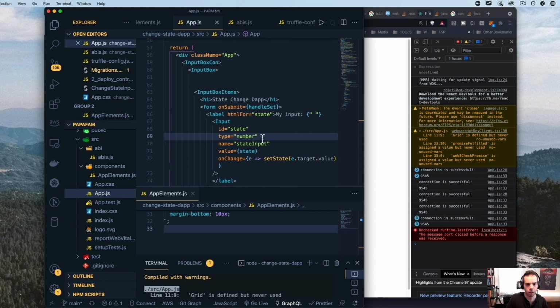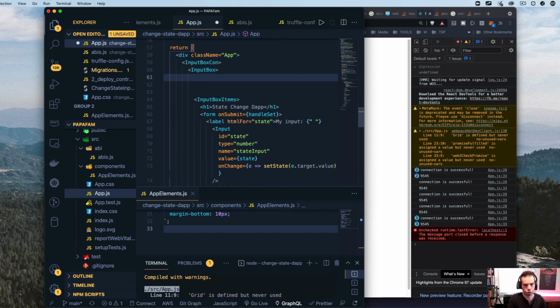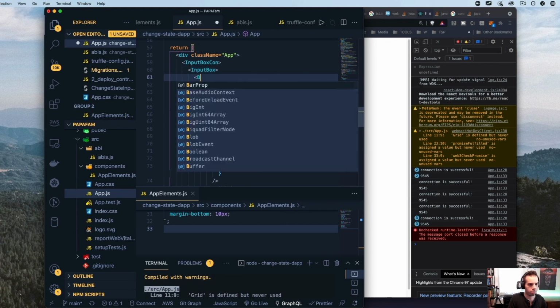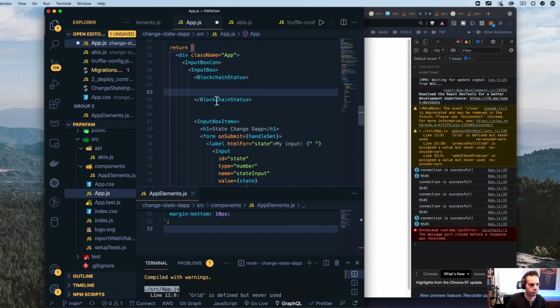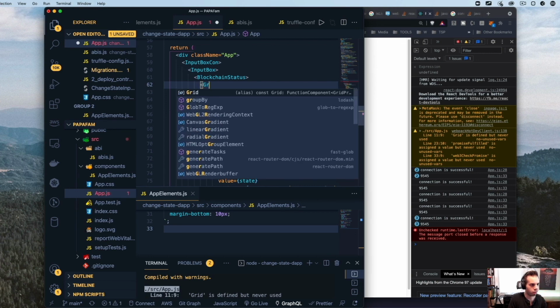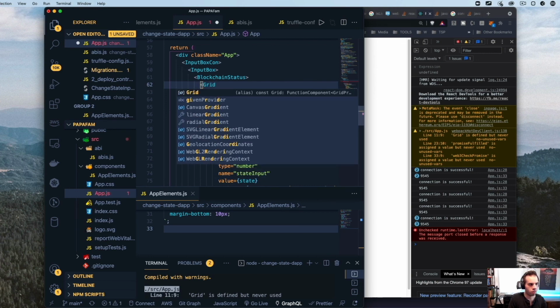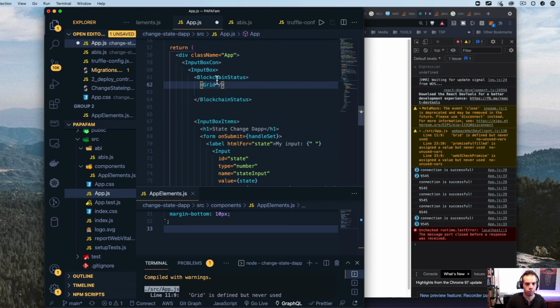All right, great. So now inside of input box, I want to create a blockchain status tracker. So I'm going to say blockchain status, and inside of this I'm going to put a grid, and we're going to put in some properties.